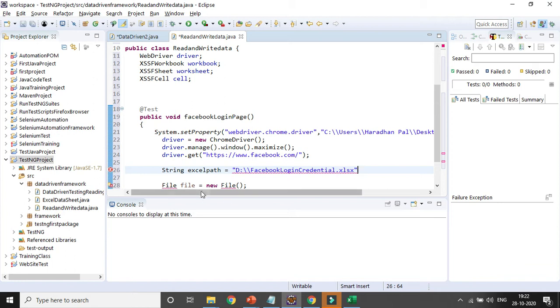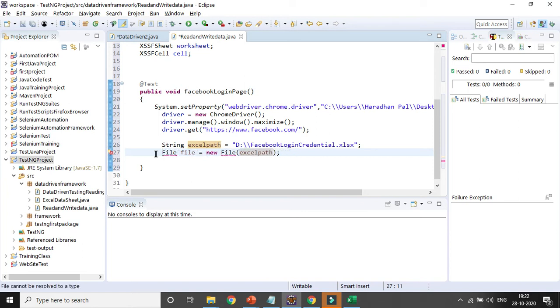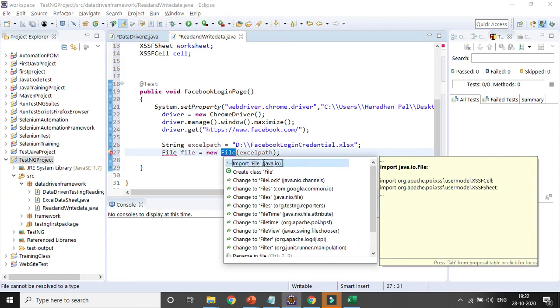This is the Excel path, and it will be a String. I need to end with a semicolon, and here I will pass the parameter as Excel path. And I need to import the File class here from the java.io package.